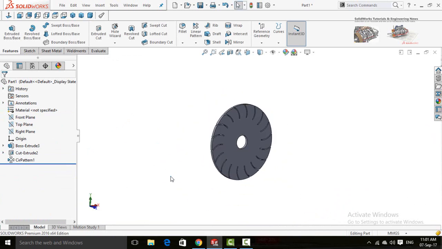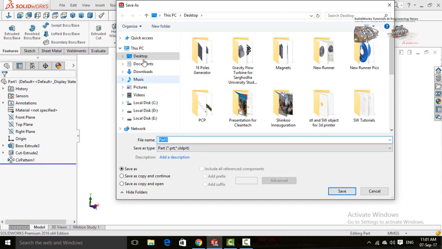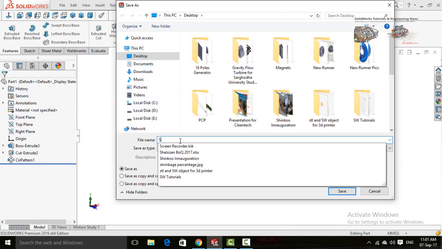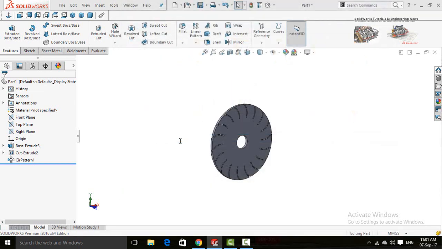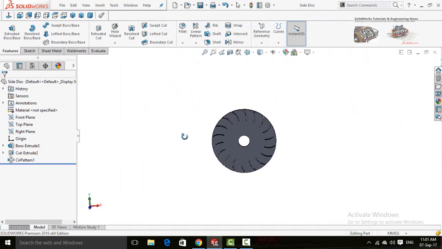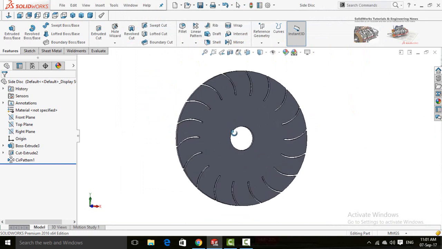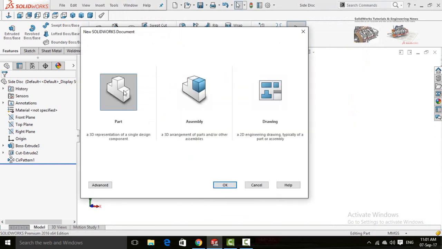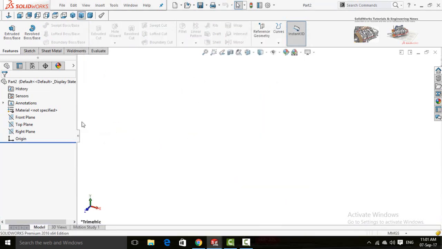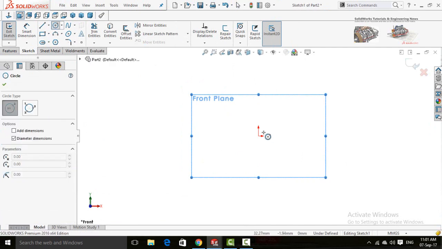So save it on the desktop as side disk. Now we need to make an intermediate disk or center disk, so create new part. Similarly, sketch on front plane and draw two circles.